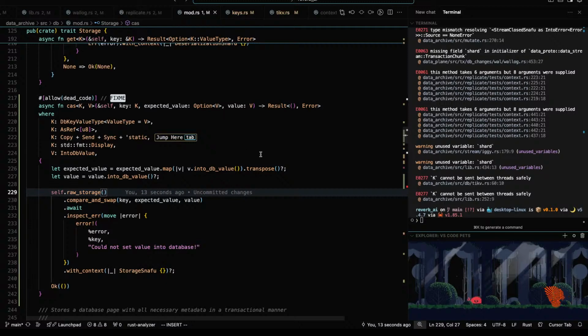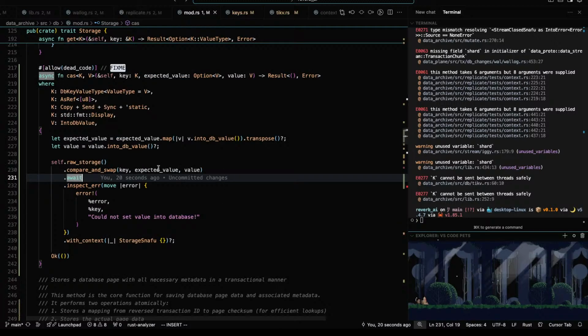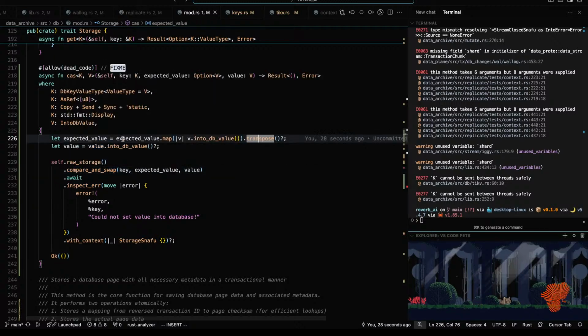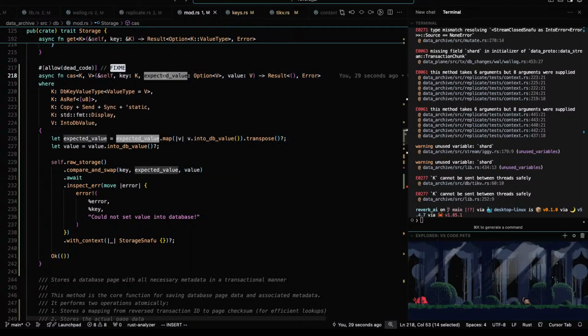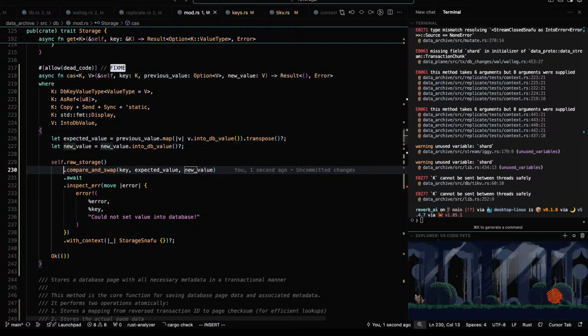Storage, okay. That looks like it'll work. Let's go down here. Hold on. I want expected value. Did I get the order right? Previous value? Okay. Let's call it the same thing. No value. No. There we go.